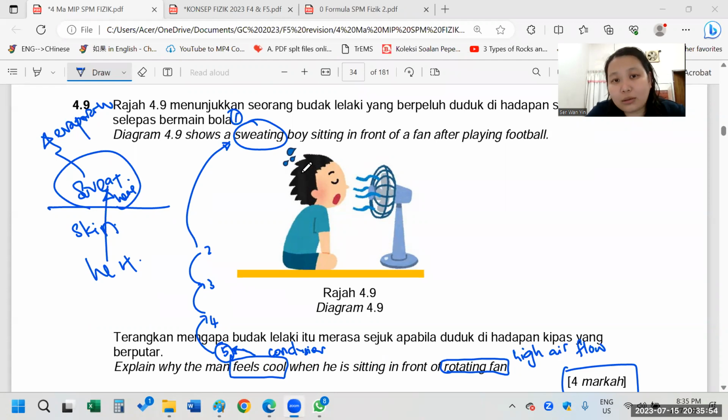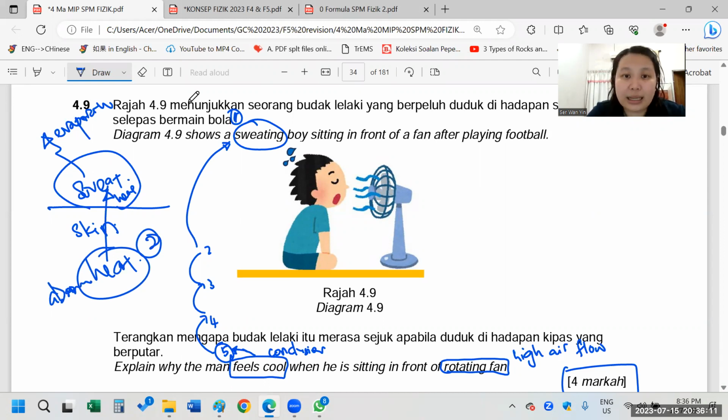Okay, so number one, you tell the sweats on the skin. You mentioned the sweats. Then the heat from the skin is absorbed by the sweat. That heat is what kind of heat? Braden says it is latent heat of vaporization. Very good. Number two is you mention absorb. Number three is you mention heat, latent heat of